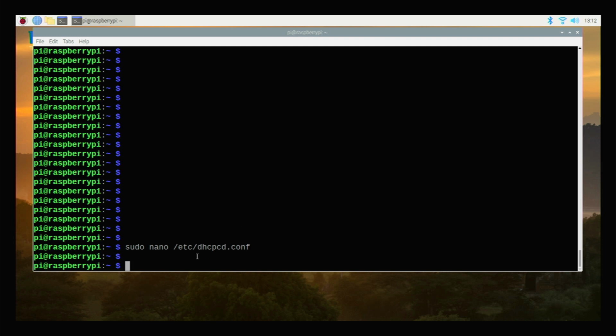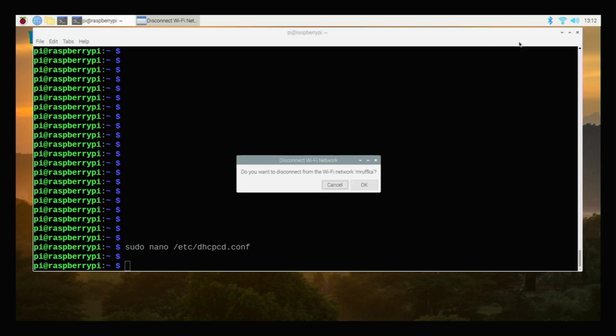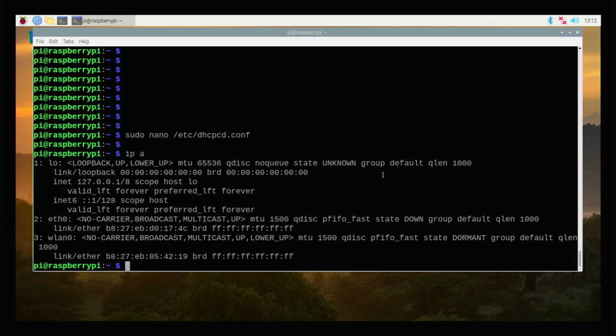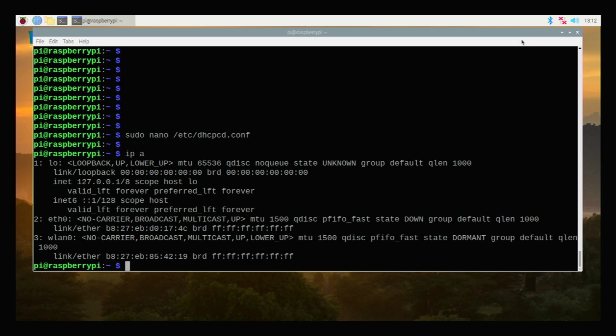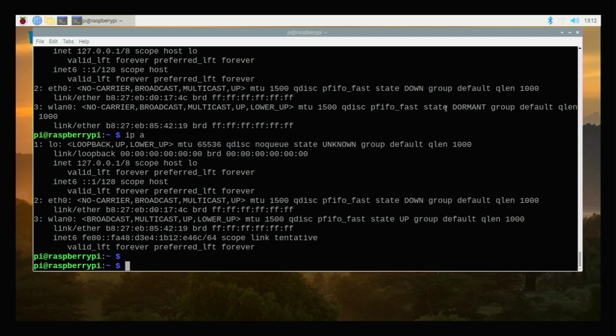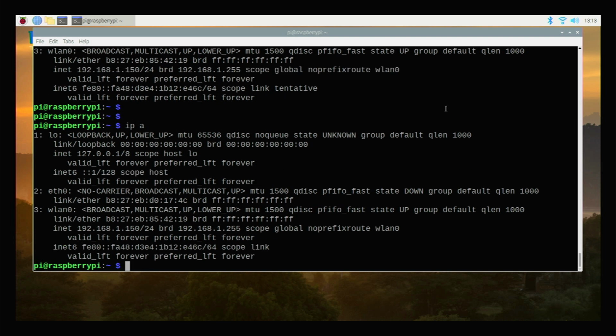We have to bring down the Wi-Fi interface. I may even reload the unit, but let's first disconnect. Let's now check if the IPs are off from the interface. Now we're going to connect once again, and we're going to check. It's not yet assigned. Now it's assigned. Let's now ping Google,